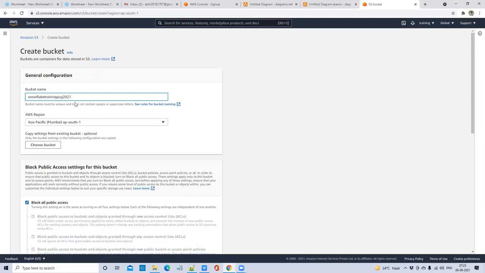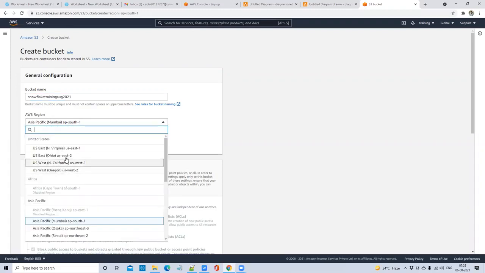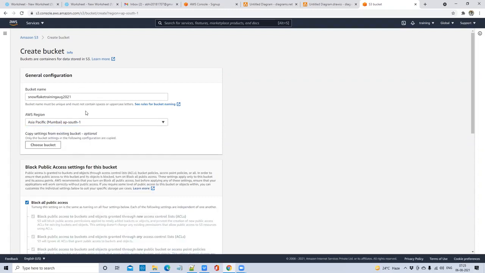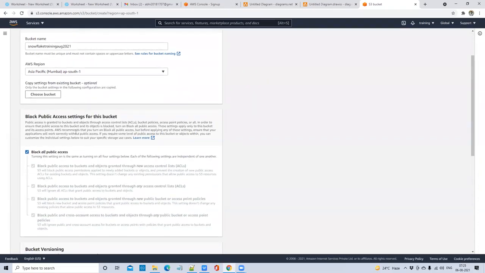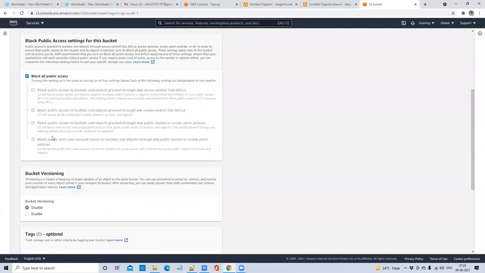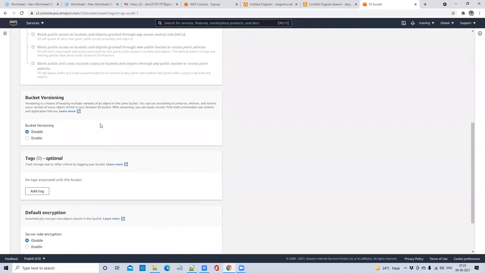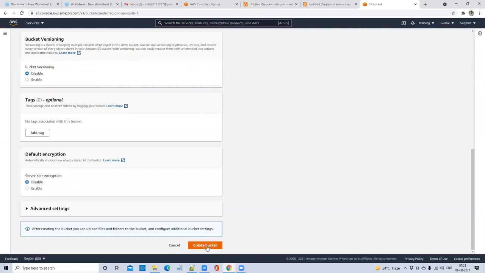Let's say this is my bucket name, right? And you need to choose the region. I told you for each cloud there are some regions. You can say it's a data center. Amazon has a lot of regions, and the nearest one to India is this Mumbai one. You can choose any region. Basically, you can even choose US regions also. There is no problem in it. There are a lot of other options for your S3 bucket, but leave everything as default here. Just click on create bucket.